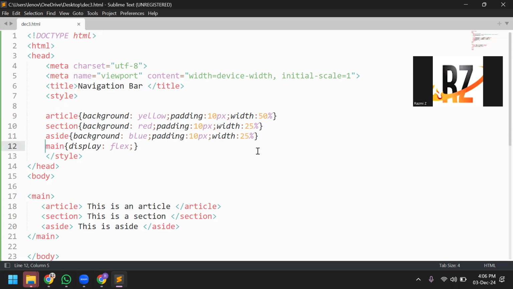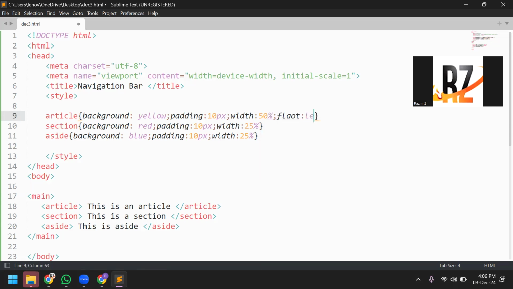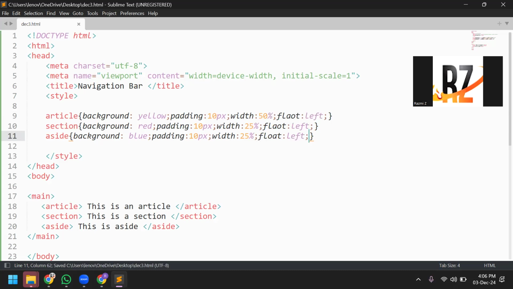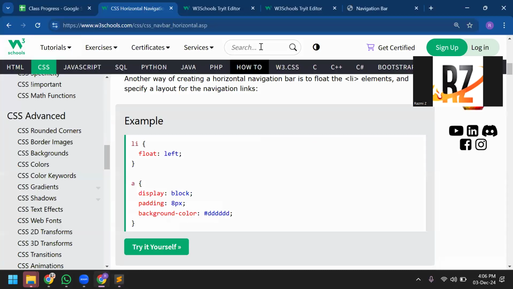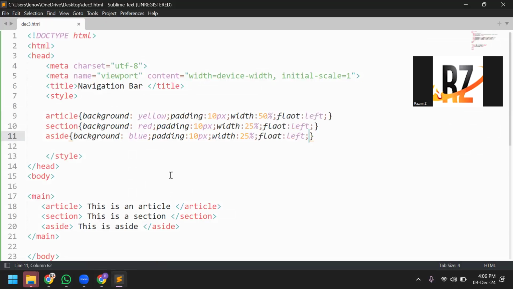Alternatively, you could have done what we already know, float left. If we float left all three, they will come next to each other. Only thing is we have to write the float style for all three elements and any other element we are going to add in future. Whereas with display flex, you have to make it inline as well, otherwise